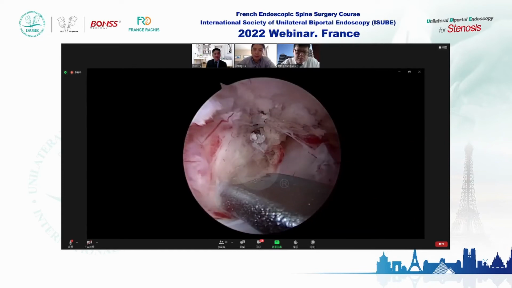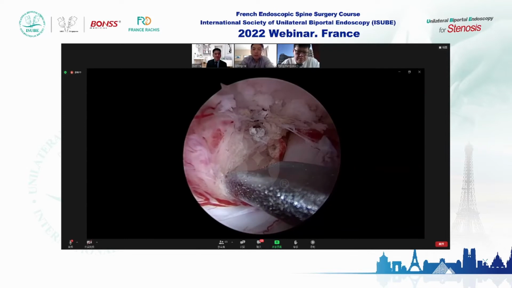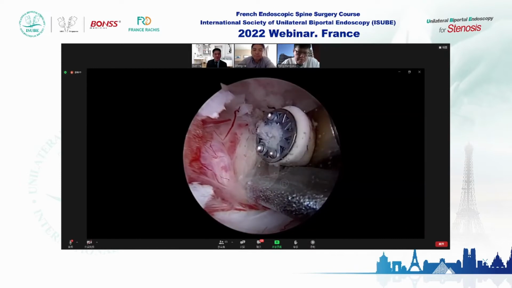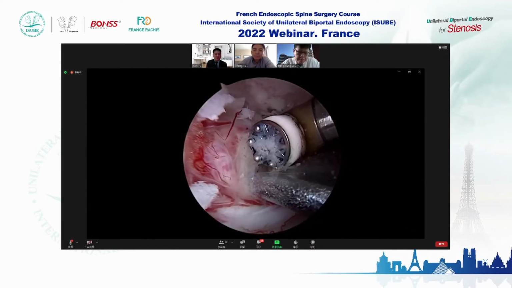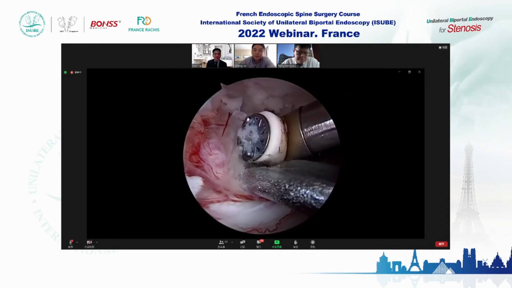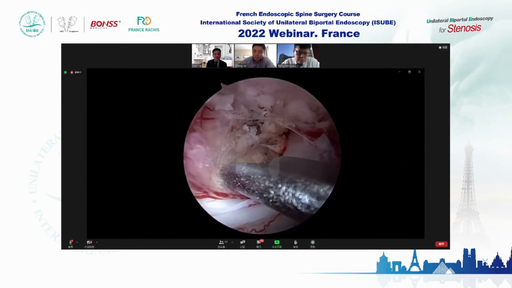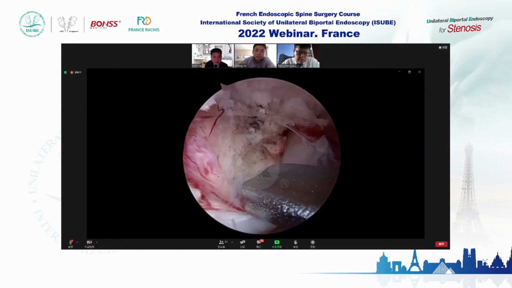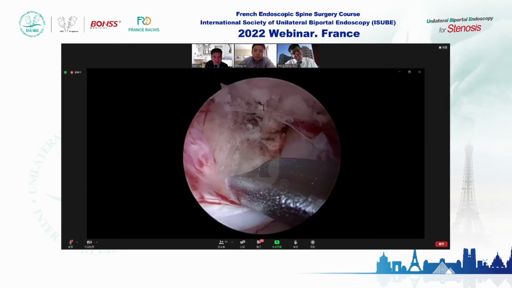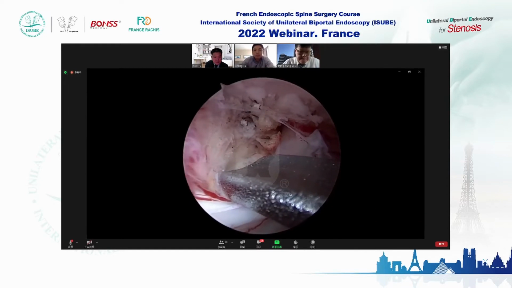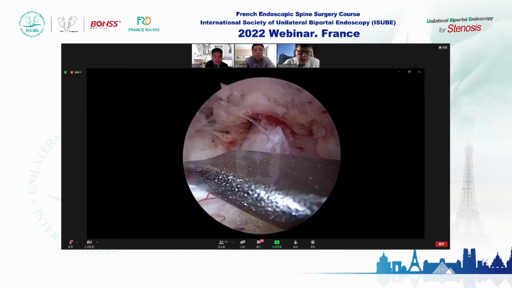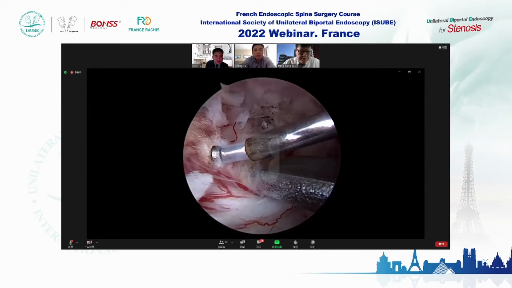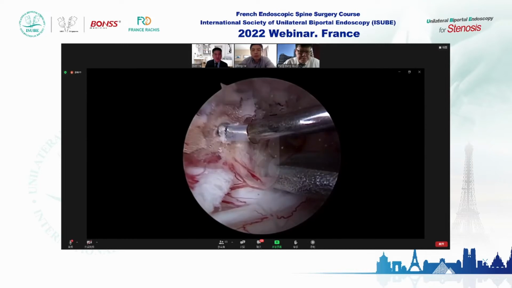To match the blood vessel on the surface of the disc fragment. No, I find the disc fragment. Okay, great job. But I will do the bleeding control first. So now the radiofrequency is through the third portal. But the left upper about 11 o'clock. So Dr. Zhang Wei. Okay.